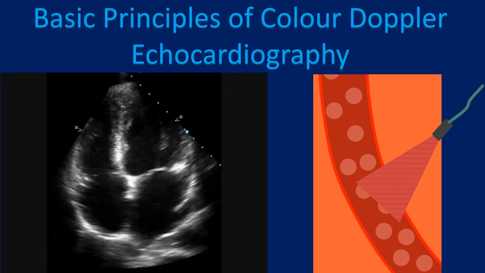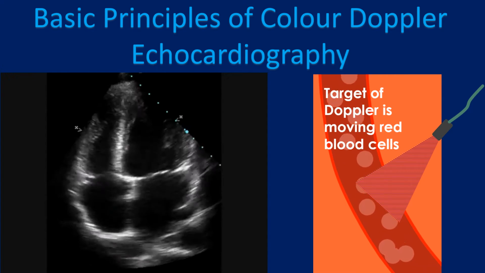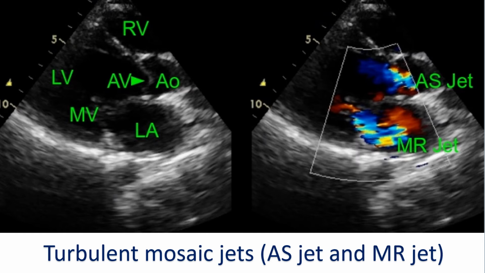In Doppler echocardiography, the target is moving red blood cells. Color Doppler echocardiography receives the ultrasound signals reflected from moving red blood cells in the heart. Ultrasound signals are emitted and received by the ultrasound probe used for echocardiography. By notation, flow of blood away from the probe is depicted as blue and flow towards the probe is depicted